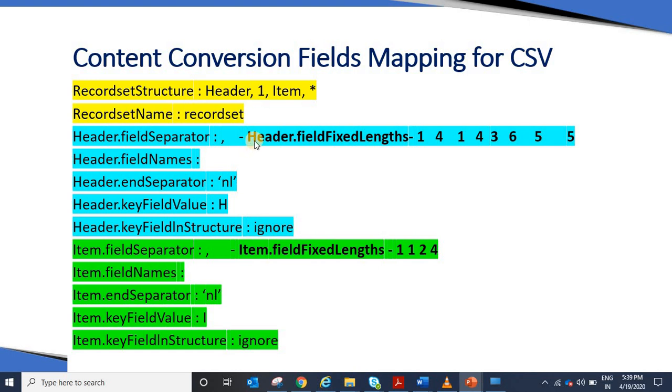Here we have header dot field fixed length, equal to whatever lengths we need to mention, comma separated. We will see this in detail while doing the scenario. At the item level also, instead of item dot field separator, we are going to use item dot field fixed length. Okay, done. Now let's go and see the actual scenario.